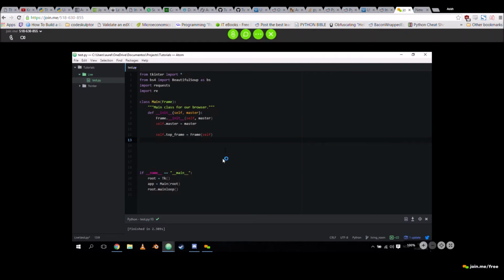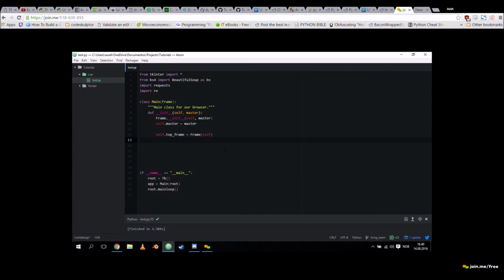We're going to need a couple of frames. We're going to need three frames. We want the top frame, then we want a URL frame, and then we want our bottom frame. So let's just make that right away.